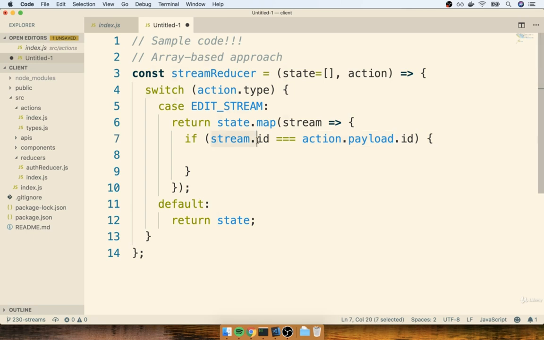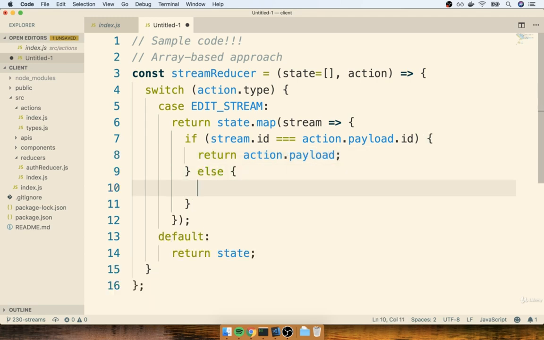So if the stream that I am iterating over has an ID equal to the stream that was just updated, I want to return the new stream and not the old one. So I would put in return action.payload. And then I would also have to handle the else case here. So if it was not the stream I was looking for, I would just return the stream itself.